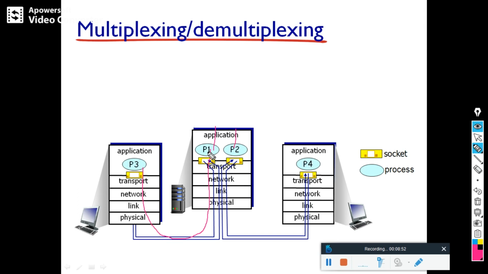It will send or receive the data through a certain interface, that is called application program interface or socket. In the diagram, socket is represented like this. Similarly, here also the same machine can send the data to the other machine through a socket. A socket is normally identified by means of IP address and port number. Multiple processes are running here, and each process makes use of a particular port number. There are different port numbers, that I will try to explain in a later slide.